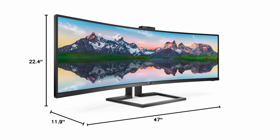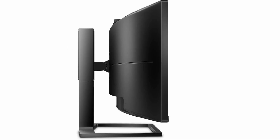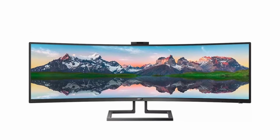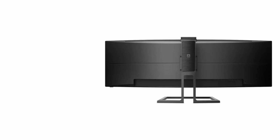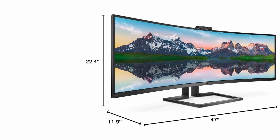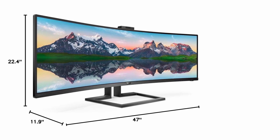It boasts impressive color accuracy, covering 91% of Adobe RGB and 103% of NTSC color gamut, along with Display HDR 400 for vibrant visuals. Connectivity options include HDMI 2.0b, DisplayPort 1.4, and USB-C with DP Alt mode, plus a built-in USB-C docking station featuring USB 3.1 ports, RJ45 Gigabit Ethernet, and USB-C PD 2.0 charging. Furthermore, it includes a multi-client KVM switch with multi-view, built-in speakers, a Windows Hello pop-up webcam, and smart uniformity for